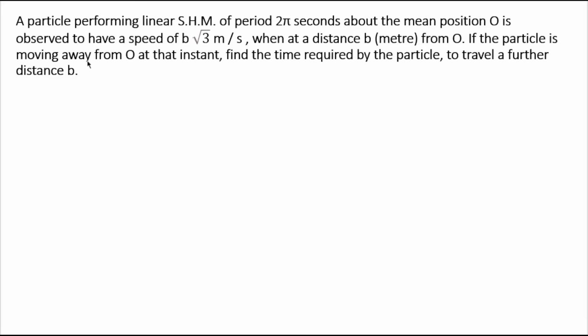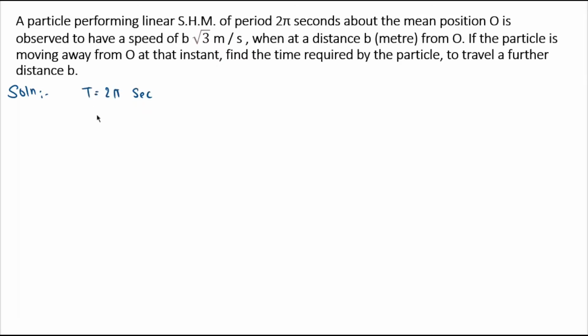A particle performing linear SHM of period 2π seconds about the mean position O is observed to have a speed of b√3 meter per second when at a distance b meters from O. If the particle is moving away from O at that instant, find the time required by the particle to travel a further distance b. So first of all, they have given us the time period of the particle performing SHM,